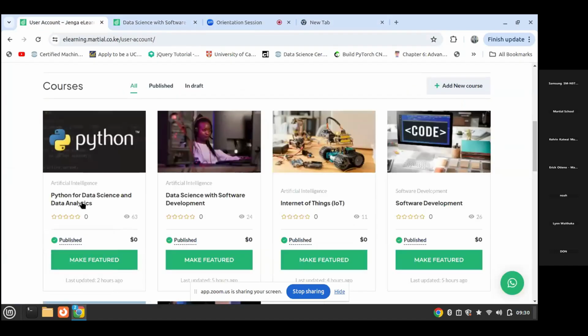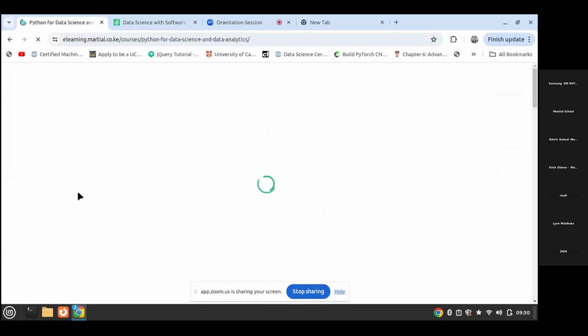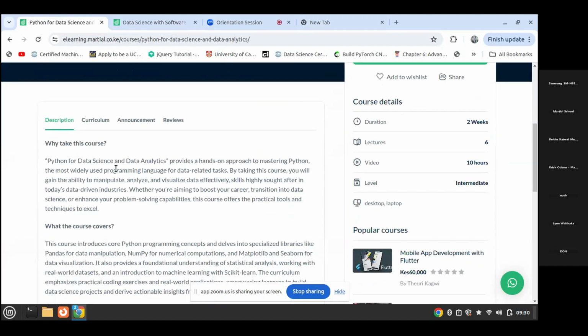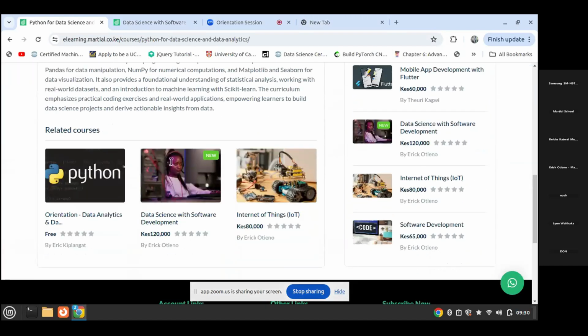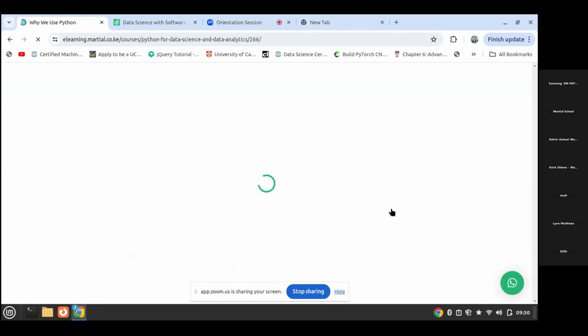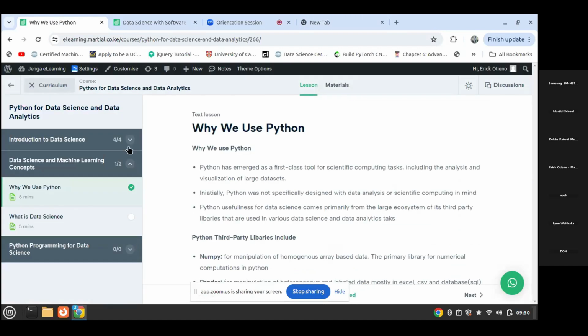Python for data science and data analytics. So in your e-learning portal, you're going to find some materials that will guide you on some of the reasons why you should take data science and data analytics. Let's start the course.